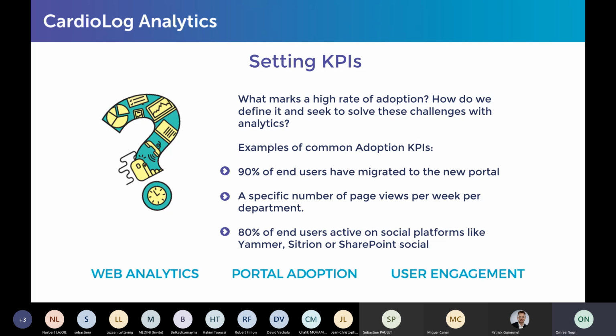Here are some examples of more valid KPIs for different stages of a project. So before the project, for example, we want to measure the most and least popular content, teams, sites, communication aspects. During the project, we want to see which part of the new compared to the older version people are using, how they are using Teams compared to Skype or Slack. And after the adoption plan, we can measure the success